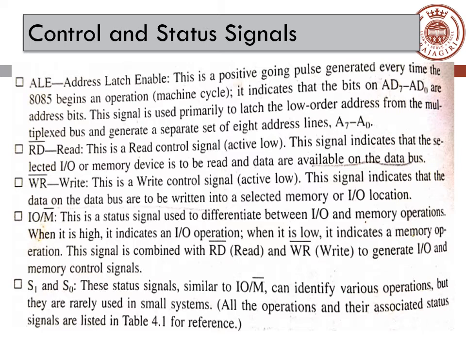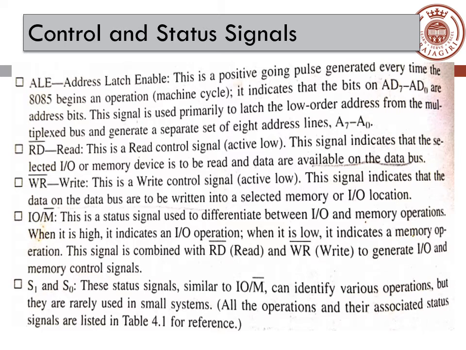In order to differentiate whether you are using that bus as an address bus or as a data bus, you use this particular signal. ALE indicates that if the ALE signal is active, that is high, right now you are using that bus as an address bus, A7 to A0. If that signal goes low, it says that right now the bus is being utilized as the data bus. So the ALE signal is used to differentiate, or multiplex, whether you are using that bus as the address bus or data bus.